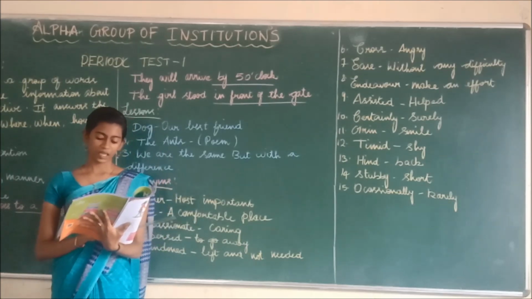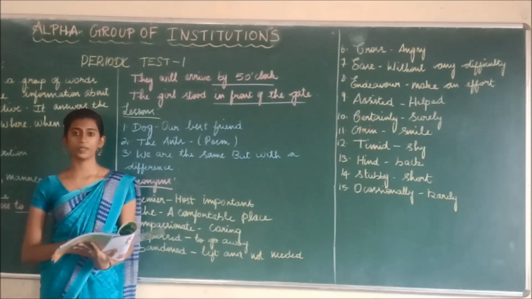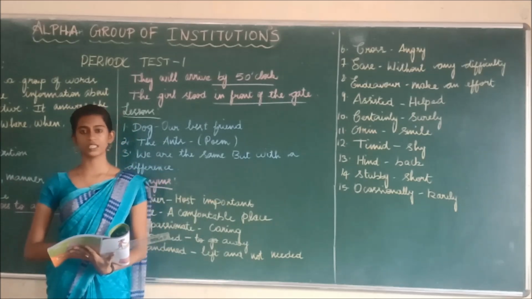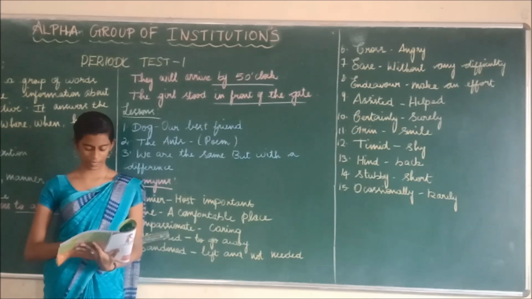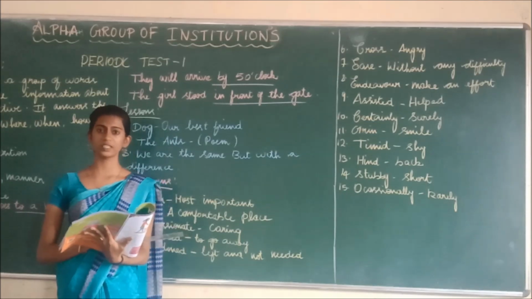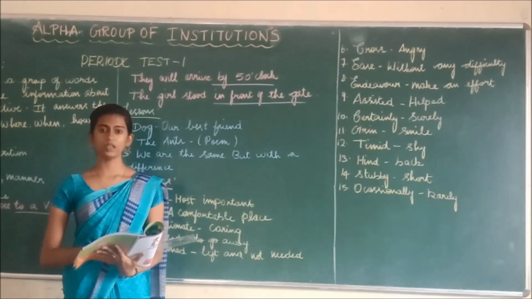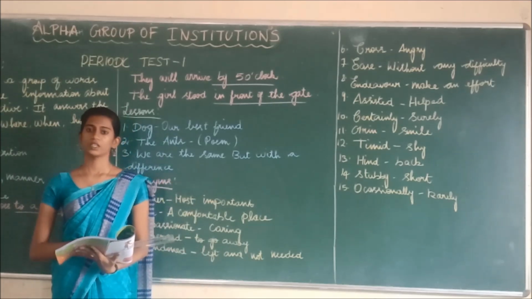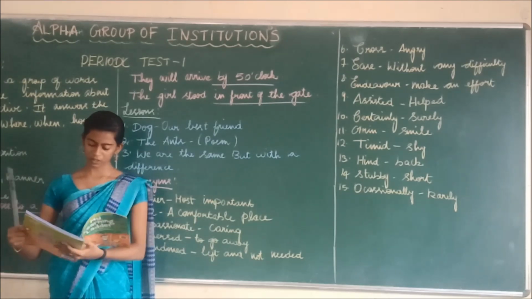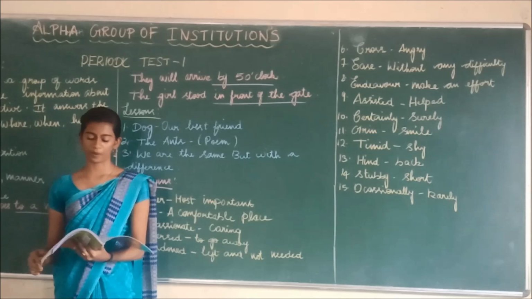The puppy sensed that its master missed reading the newspaper every morning. What is the name of the puppy? Bruno. Bruno realized that his master would be missing reading the newspaper in the early morning. Bruno took a few coins lying on the table and ran to buy a newspaper for his master. So what did Bruno do? It collected coins from the table, and where did it go? It went to the shop to buy a newspaper. The shopkeeper was surprised seeing a dog come to his shop to buy a newspaper. On seeing the dog, the shopkeeper was very surprised.